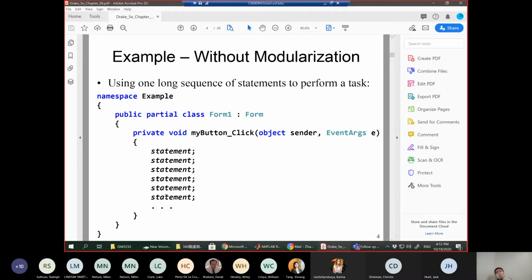So when you write the code, you are the writer, and you may understand what's going on. But if I am a programmer who wants to read your code, and you have so many statements in one event handler, it is hard to read. However, if you break all these statements down into smaller pieces, and use methods to modularize each individual piece,